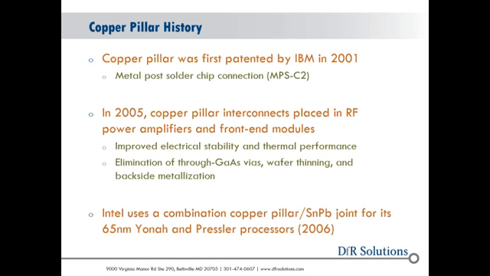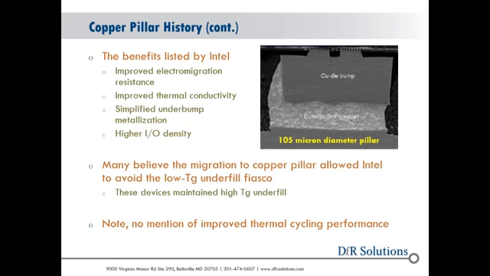Right? And as we know, in some respects, as Intel goes, so goes the rest of the packaging industry, right? So it's a huge indicator when Intel releases its copper pillar technology, or what they call copper die bump, at 65 nanometer. So Intel in its marketing literature lists a number of benefits, including electromigration